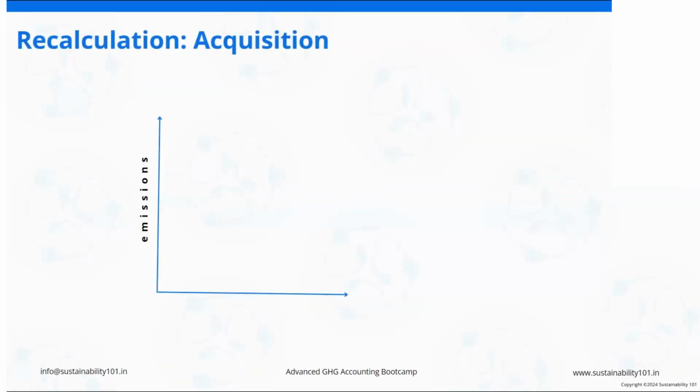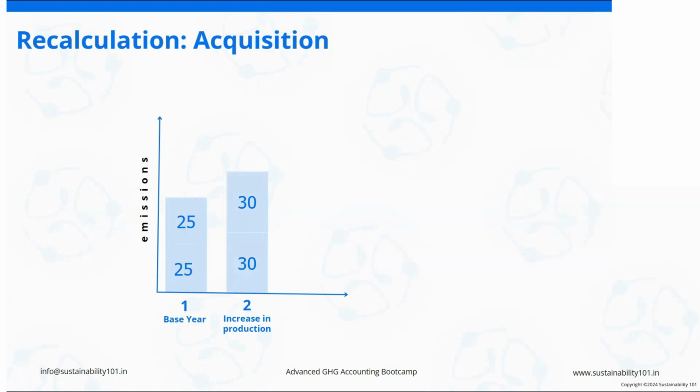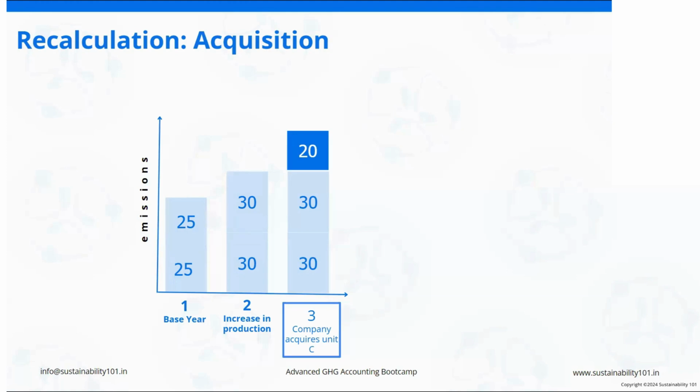So this is an example of acquisition. In the baseline year 1, your emissions from scope 1 to 2 are, say, 50. There is an increase in production in the second year and your emissions have become 60. In the third year, you have acquired, say, unit C or unit ABC in the reporting year 3. So what will happen? This facility has additional emissions of 20 and you will add it in your reporting